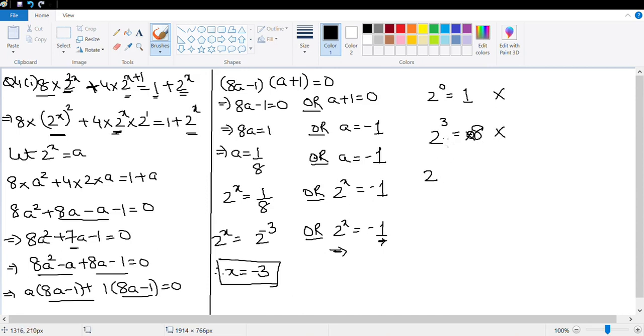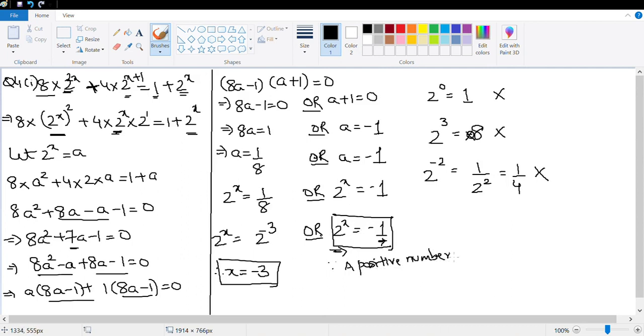And let's look at a negative power for 2. So 2 to the power negative 2 will be 1 upon 2 to the power 2, which is 1 upon 4. Is it negative? No. So 2 to the power x can never be negative. Why? Because a positive number raised to any power can never be negative. So let's write the reason. Since a positive number